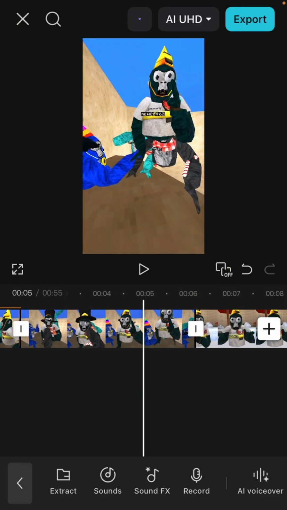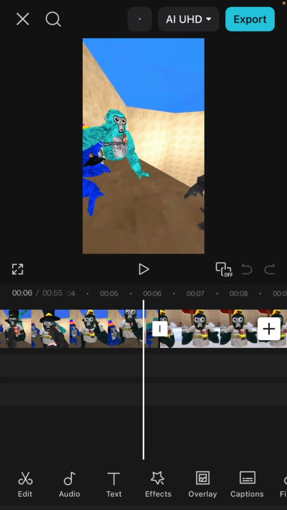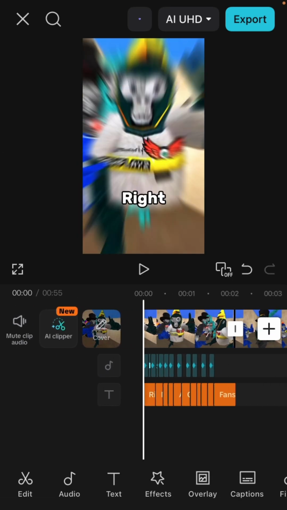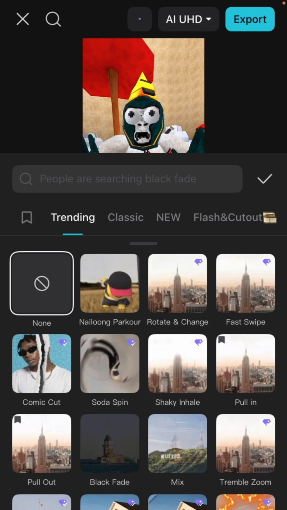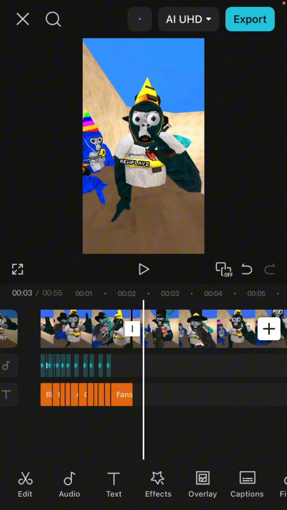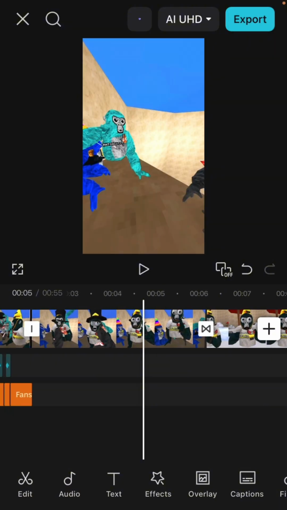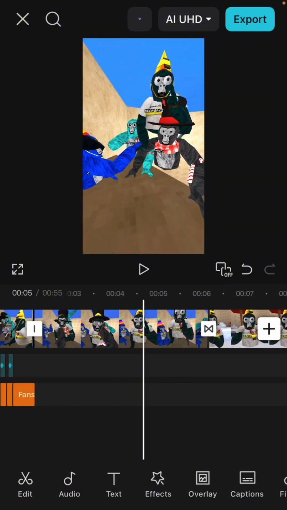I don't need to change anything for here. So right as I get thrown off, I'm going to put a transition in the cut. I'm gonna get my favorited ones. I have pull out and pull in, and since the start of my video right now zooms out, I'm going to use the pull in. So it's kind of like a pull out, pull in type thing, and you don't have to change the timing for this because it's just gonna automatically put it at a really good timing,